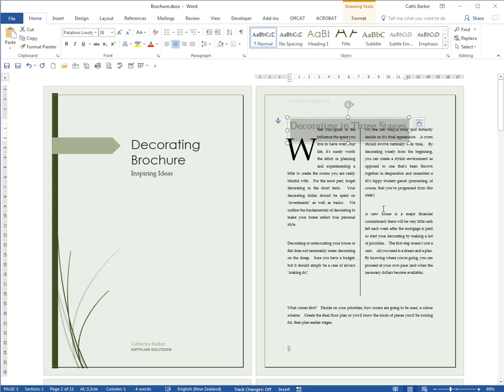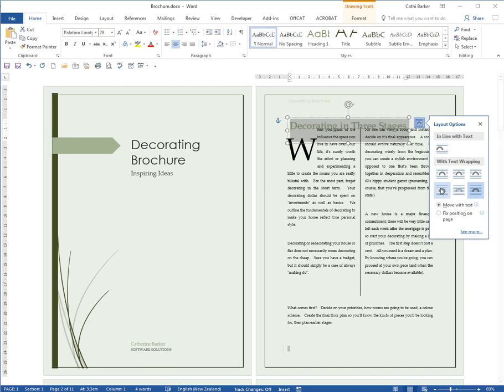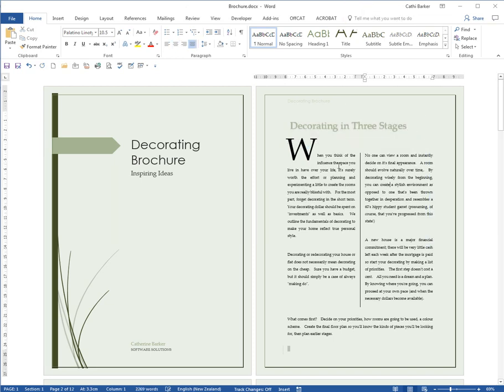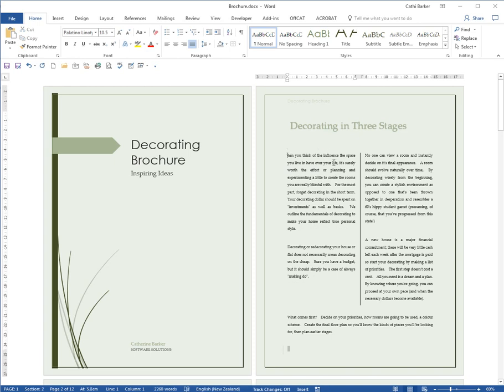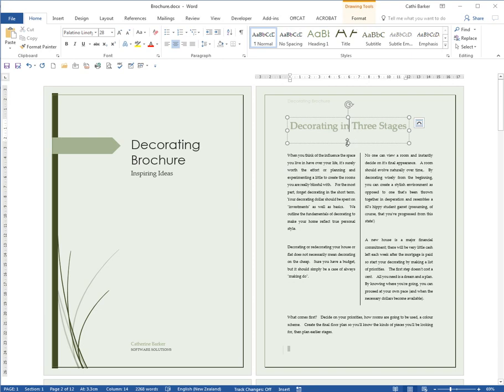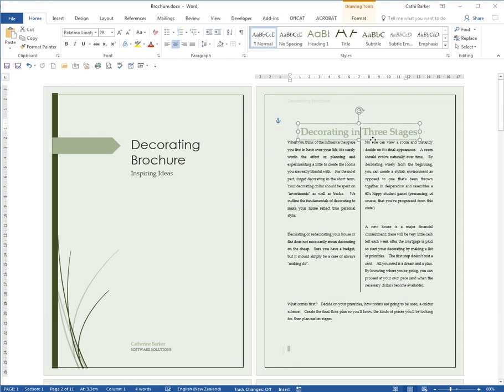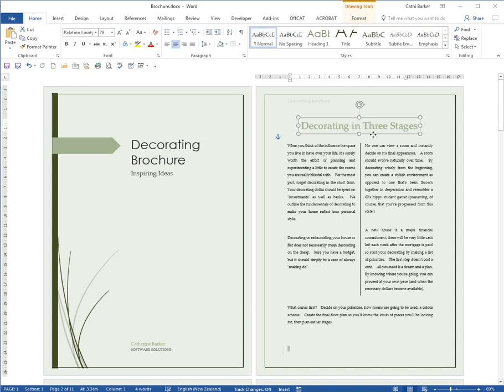There it is there. Now using the Layout button, I'm going to set the text wrapping to top and bottom. Actually, I will set it to top and bottom, so the text actually moves. I'll also remove this drop cap for now and just keep it nice and easy to manage. So here is my WordArt. I can resize it, I can move it, and place it nice and centered over the top of my